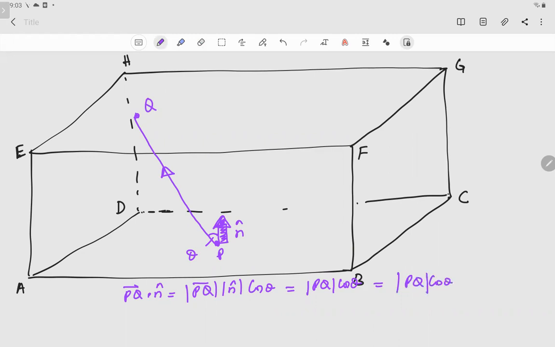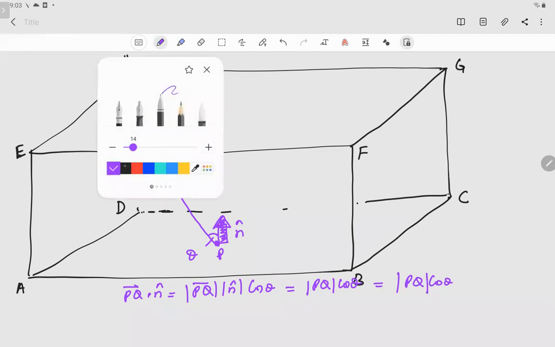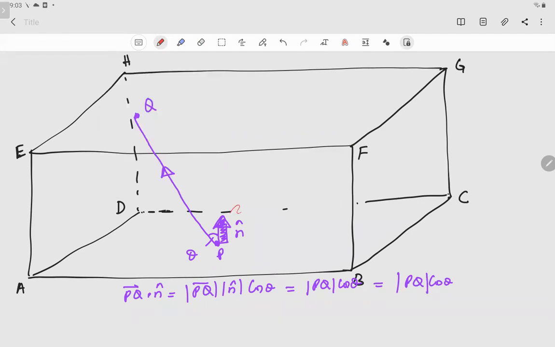You will see that this is directly equal to the height of the room. This is equal to the distance from the floor to the ceiling. So this directly gives me the height of the room, or the shortest perpendicular distance between the floor and the ceiling. Do you people agree with this?